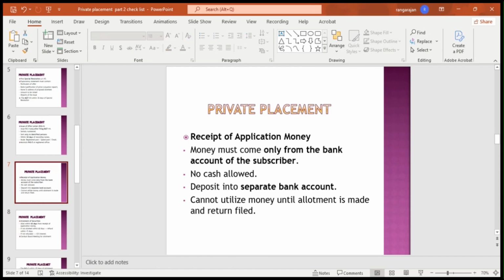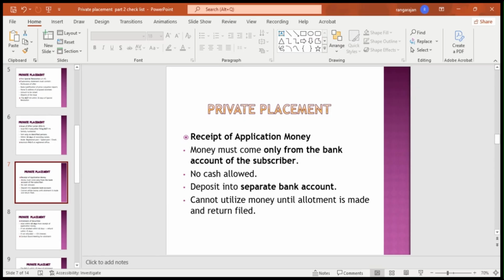The private placement is basically for the receipt of application. Once the offer letter is issued to the identified persons, the company is to receive the application money. The company has already opened a separate bank account. The money must come only from the bank account of the subscriber. The application money has to be deposited in the separate bank account of the company,